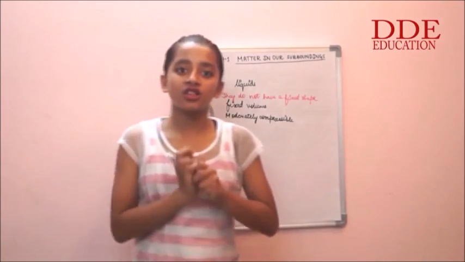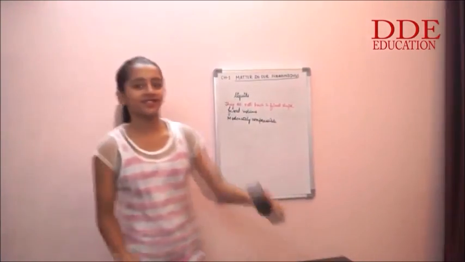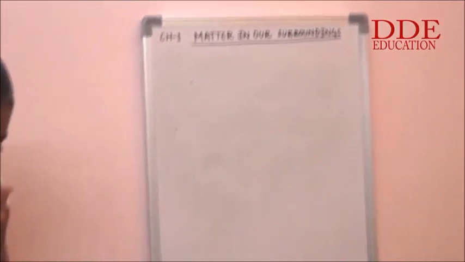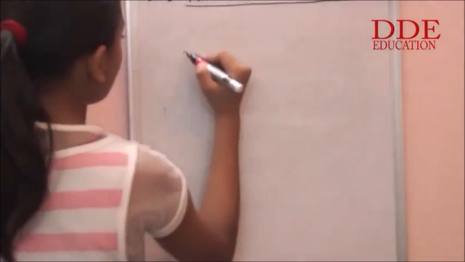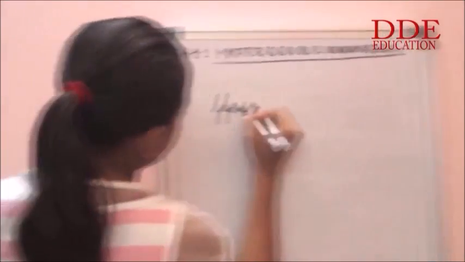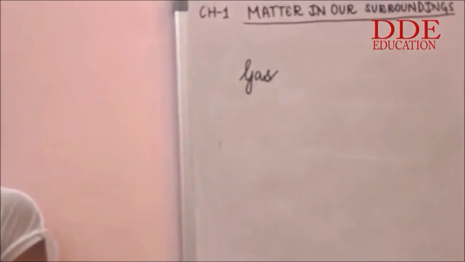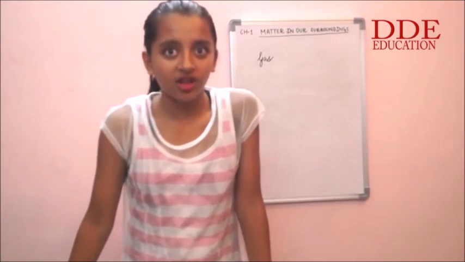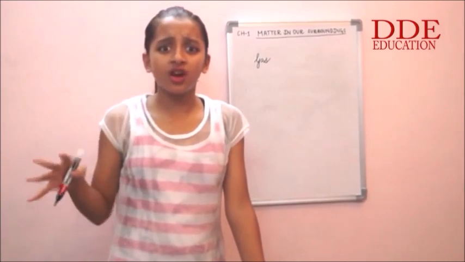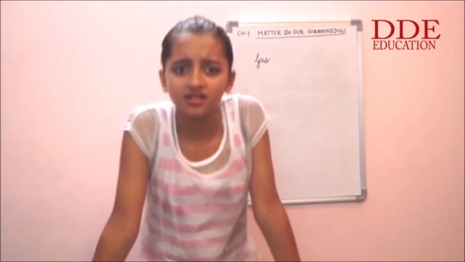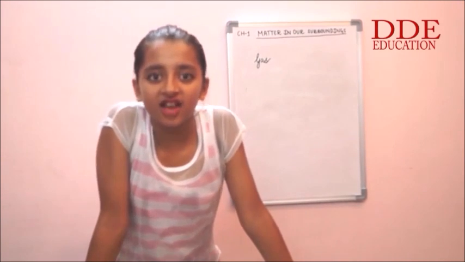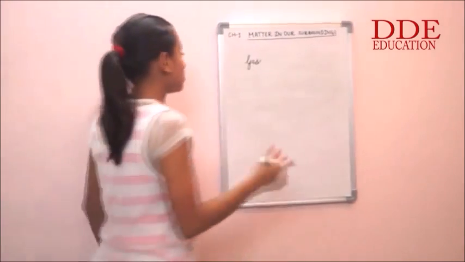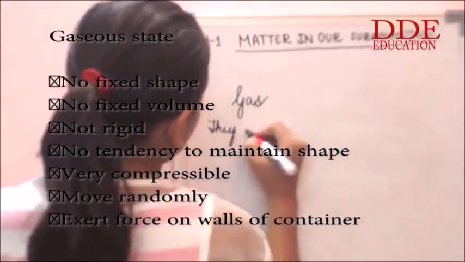Now let's go on to my favorite topic, that's gas. Gas is even simpler, I should say. What do you think about gas? Gas is something you're breathing. It's oxygen, nitrogen in the air around you, hydrogen, etc. These are all gases. But can you see a gas? You can. Bromine vapors are visible. Okay, let's take up gas. They do not have a fixed shape.